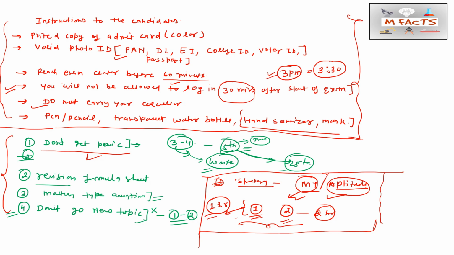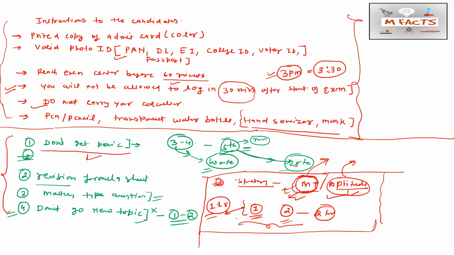Suppose you thought you would do the aptitude questions first because your aptitude is good, but if the aptitude part turns out to be tough, you should leave it at that time, because the MT section may be waiting for you to gain marks. You can go through the MT section and do the questions so that you get some confidence, and then when you return to the aptitude part, you may do the questions on your own with that confidence. So don't lose your confidence at any time during the examination.